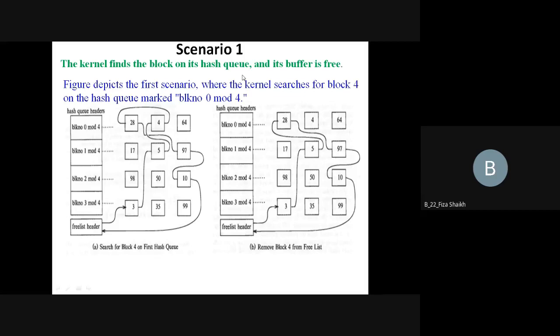If this pointer is going through the free buffers, after finding the fourth buffer, it will again come out with the free buffer, choosing another free buffer.